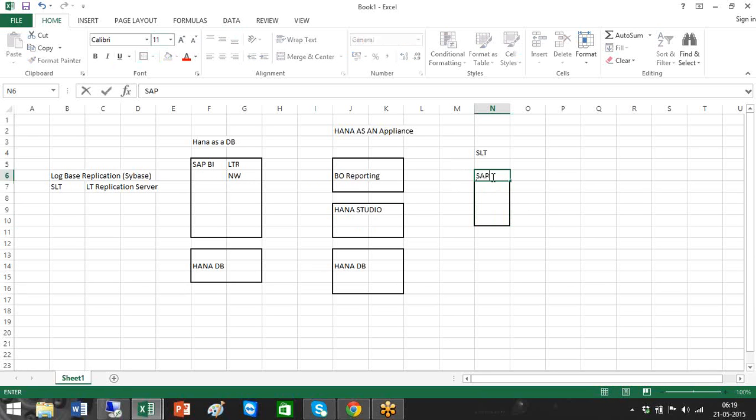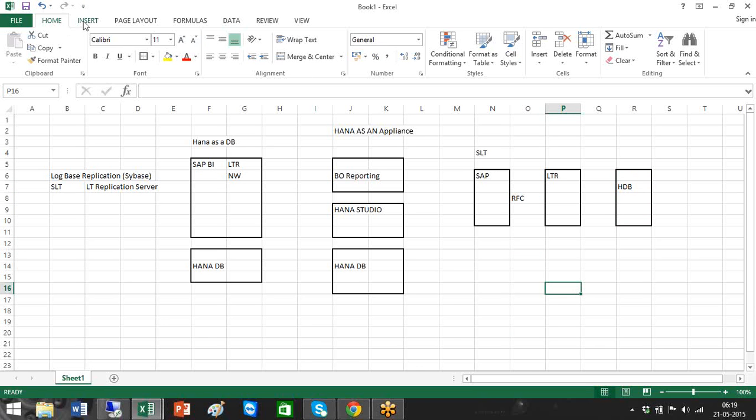So let us say they have an SAP box here, an LTR server, and the HANA target database. Using RFC connections, they will communicate with